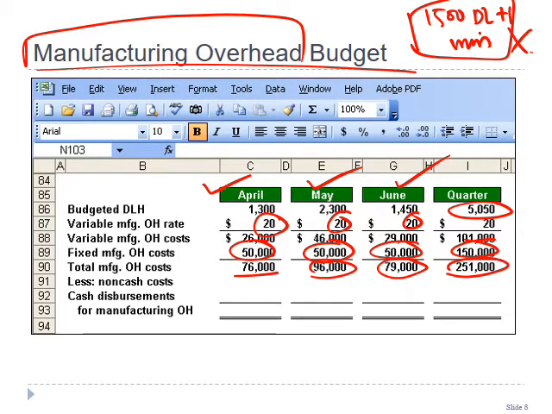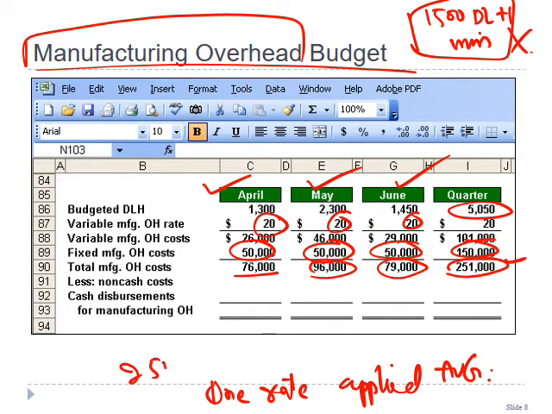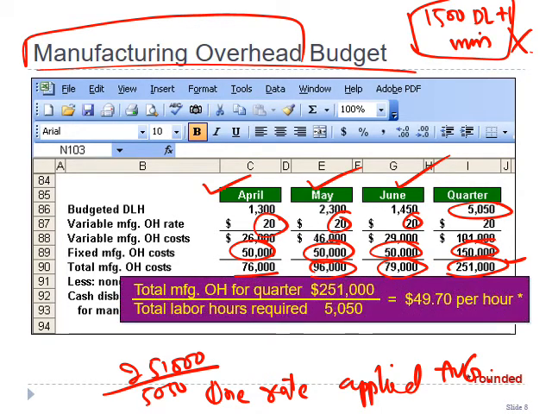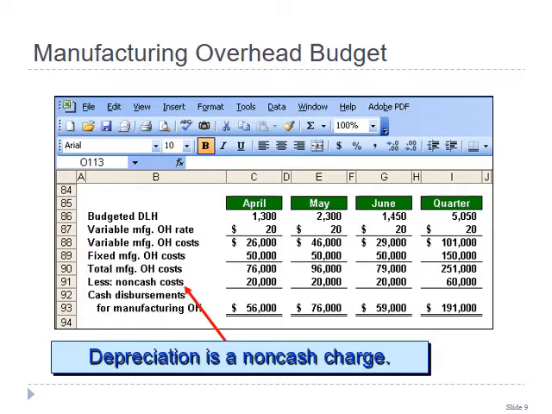So since it is plant-wide, only one rate is applied here, it means we are using average or plant-wide or absorption costing here. So total cost is 251,000, total hours 5,050. Answer is 49.70 per hour. And now, in order to calculate how much cash we have actually paid for our manufacturing overhead,